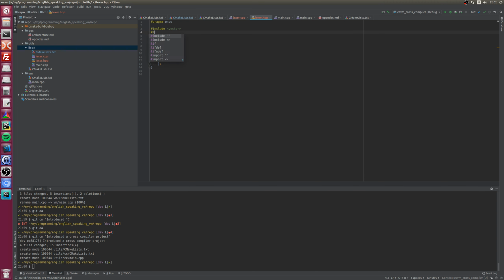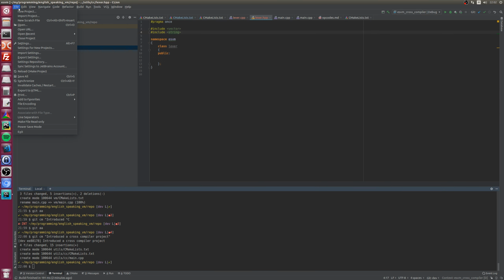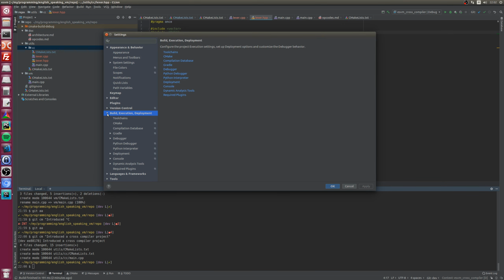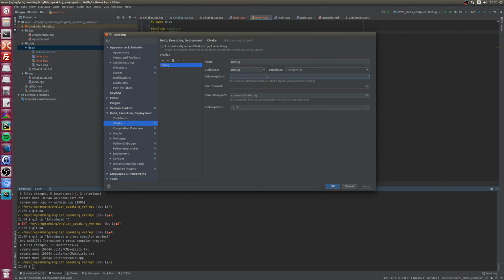Okay. String. Okay. Now I'm going to add an explicit variable for the C++ compiler, which is going to be clang++ 7.